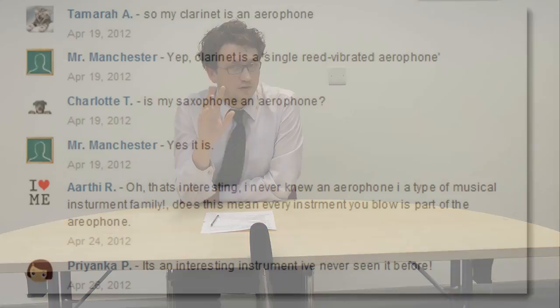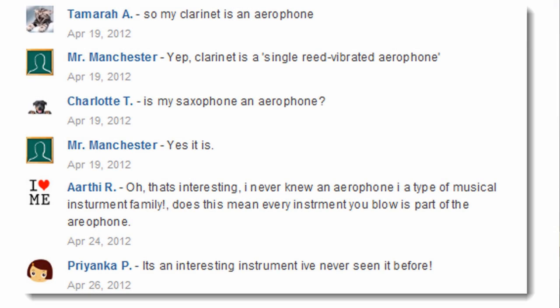A couple of the girls started going, oh, I play clarinet, so is that an aerophone? Yes, it is. And is saxophone an aerophone? What are some other ones? And they all started to ask each other questions and interact. And before you know it, we had a big discussion going on aerophones, idiophones, membranophones, electronophones, and all the other